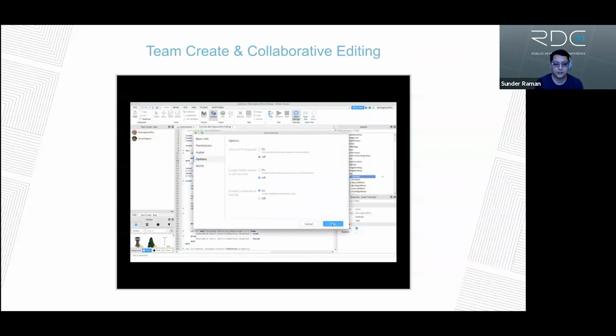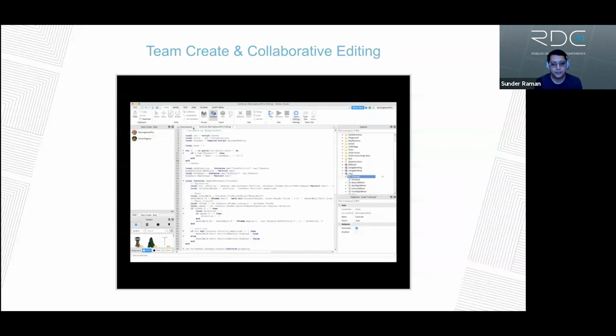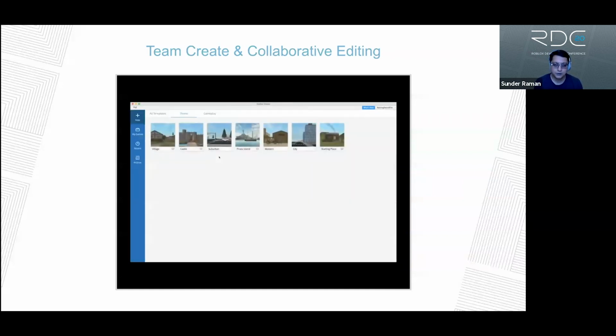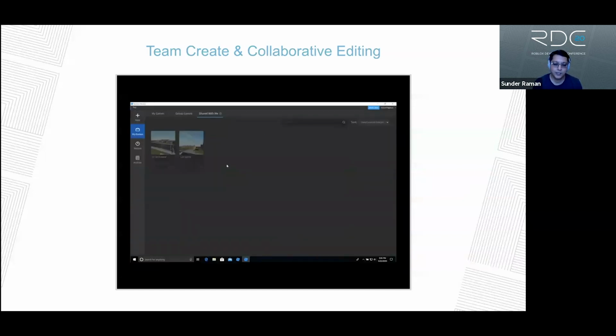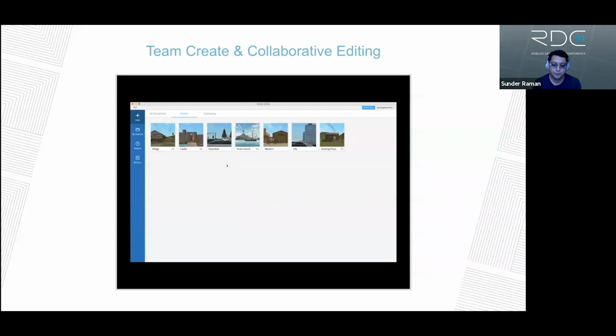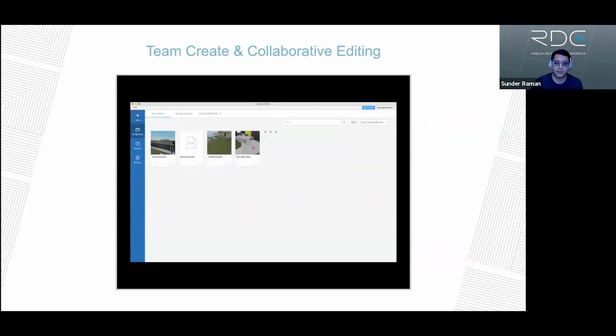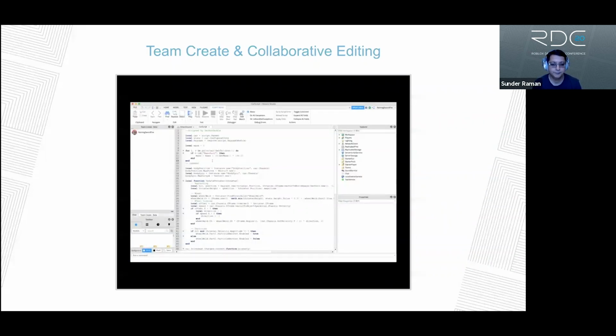What this is going to do is remove the notion of a lock, and the changes that I make will be local so that I can continue to work, I can play test my game, and when I'm ready, I can commit the change. And while I'm doing all this, my other team members can also do the same. So I'm going to go back and open the game.